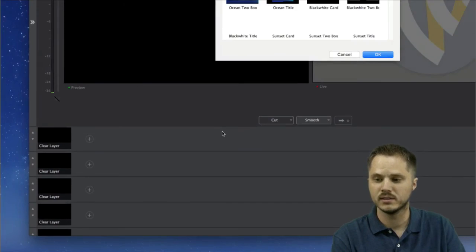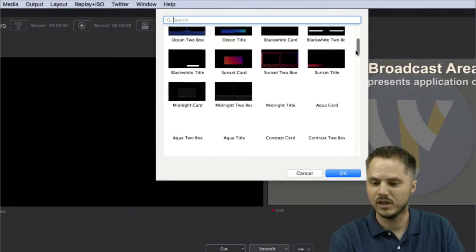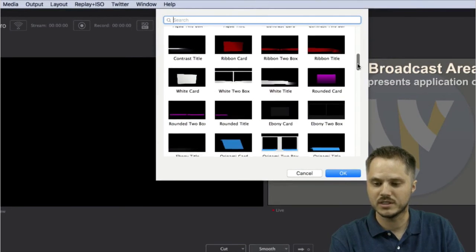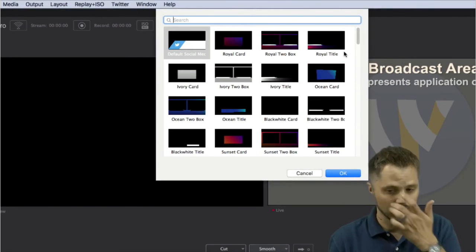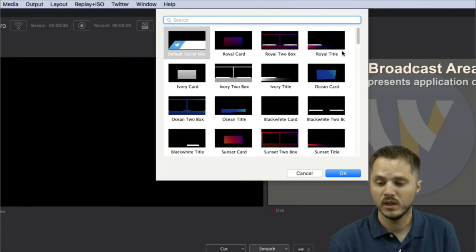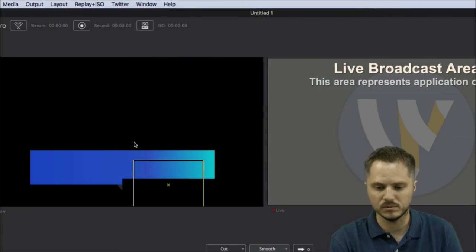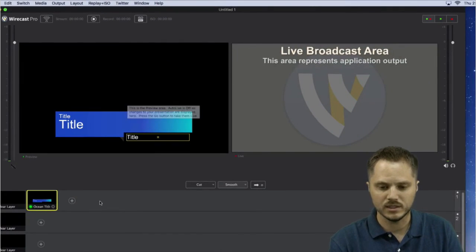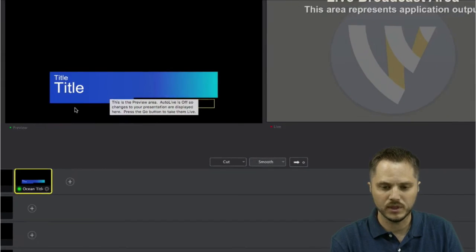So if we click on that, you'll see the familiar built-in title library with all the different styles and some very cool stuff that you can use. And that's been there since at least Wirecast 4, I think. So if we click on our Ocean title template, which is always my favorite because it's right up there, and I think I'm a fan of the color blue and the layout here, I tend to gravitate towards those. You'll see that it's the same old familiar thing.